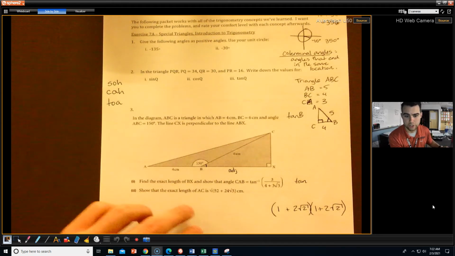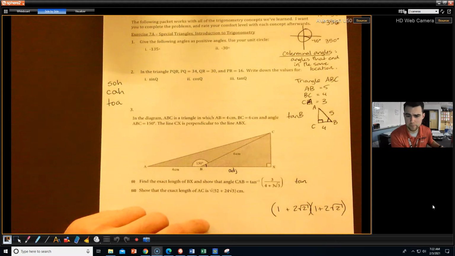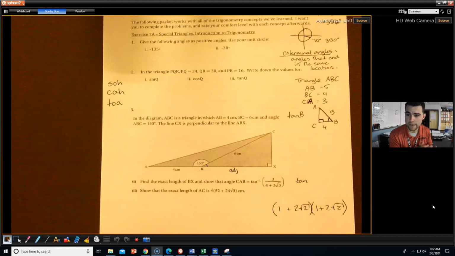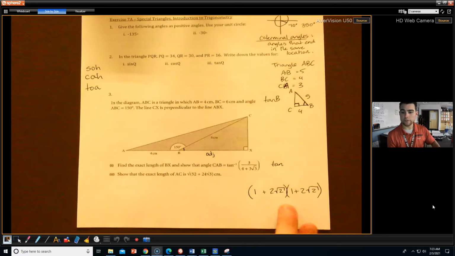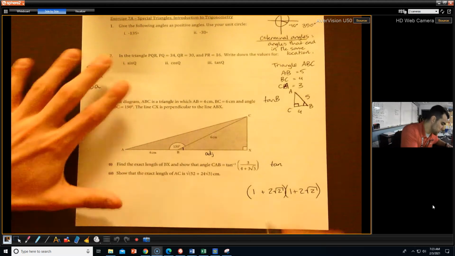In part 2, show the exact length of AC. It's 52 plus 24 square root of 3. Again, it's going to play itself out like that as long as you go through the process. One of the things I do want to touch on, though, is working with radicals and factoring, or not factoring, but distributing those out. So if we do that,